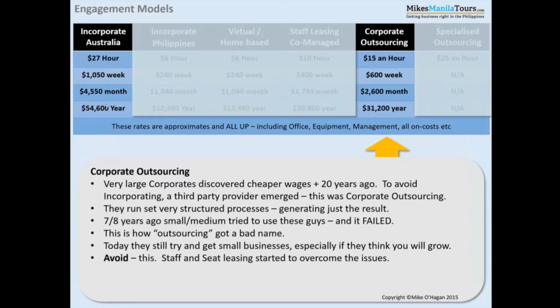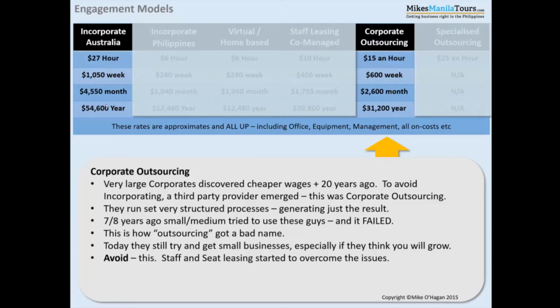So let's have a look at how this industry originated. Roughly 20 years ago, the very large international companies, big corporate conglomerates, went into countries such as Poland, India, Philippines, Vietnam and a whole lot of other countries in Central America, etc. And they were able to tap into the very, very low wages base. Now, very large corporate companies use very, very structured processes. And they were able to drop those processes in and simply train the local workers to be able to follow structured processes. Because they didn't want to incorporate in the countries, they made a decision not to incorporate,